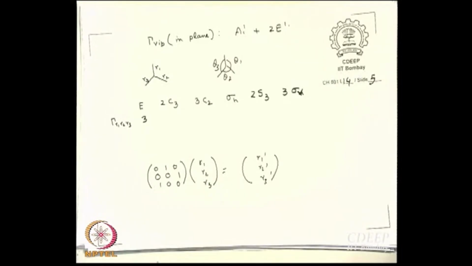Why is the character 0? Because once again the rolling stone gathers no moss. Earlier you remember the atoms that moved did not contribute to the character. Here also the bonds that move do not contribute to the character because they go off diagonal,